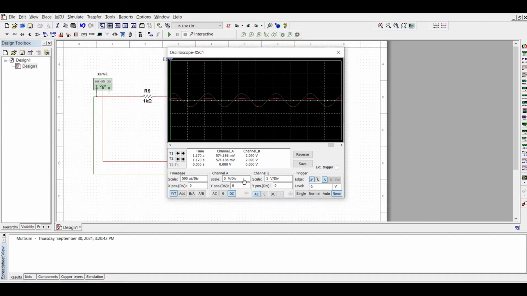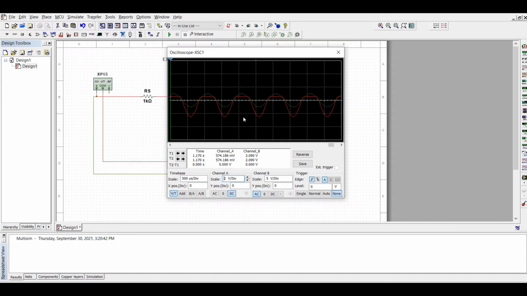We will be changing a little bit volts per division so that your output waveform is clearly visible. You can see the difference between the two. Therefore, we are changing it. Now you can clearly see the output waveform and the input waveform. Green is the input, red is the output. As you can see, the positive half cycle is clipped and the negative half cycle is available to you. This is the output of the positive clipper circuit.